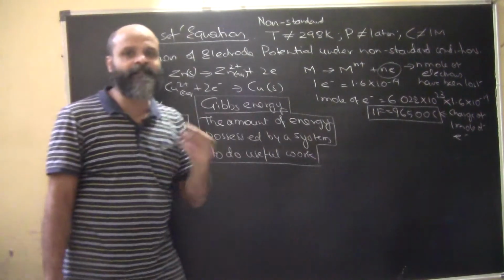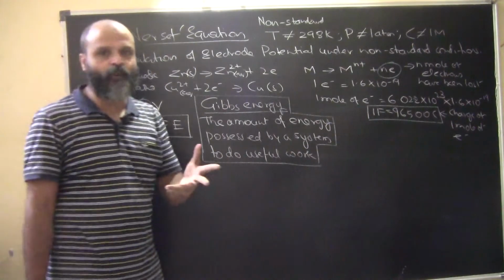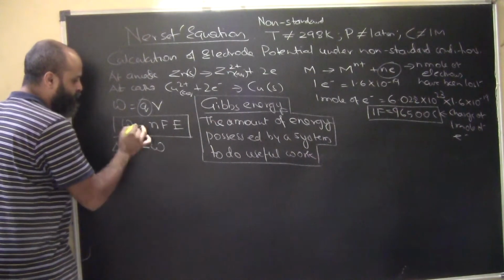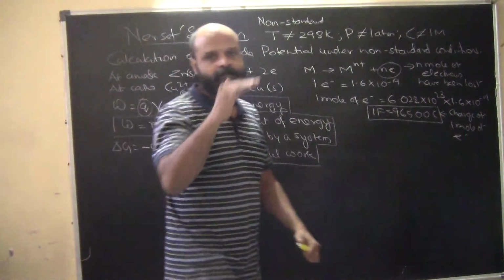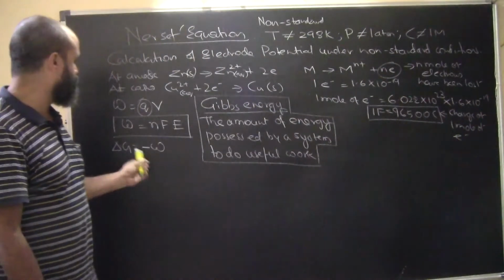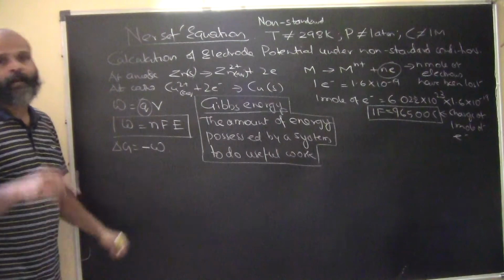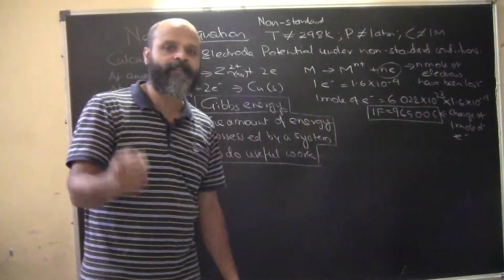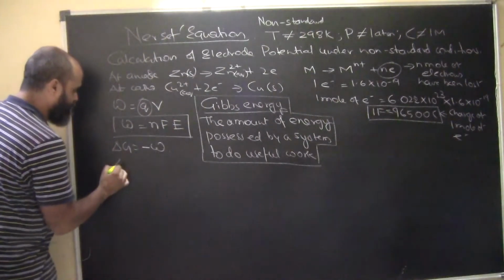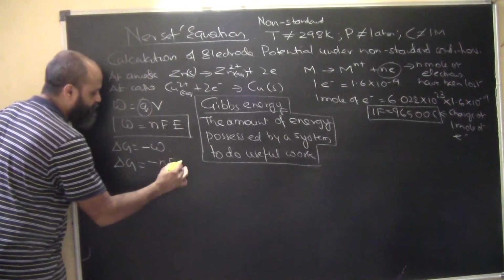The system is spending this much energy, so obviously Gibbs energy will show a negative work done. We can write that Gibbs energy is basically equal to minus of W, because this energy is going to come down, because Gibbs energy is being used by the system to do work. So obviously the Gibbs energy value is going to come down. By how much will it come down? It will come down by the same amount as is the work done by the system. So we can say that delta G, that is Gibbs energy change, will be minus nFE.